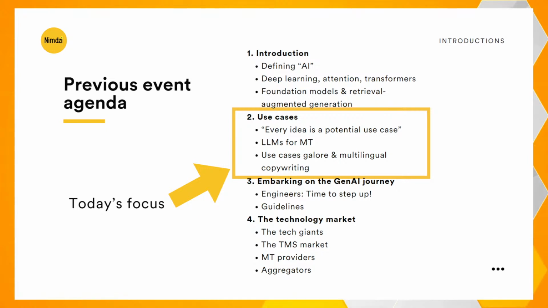We closed the session by providing an overview of what the technology market is doing. We started with the tech giants, Amazon, Google, Microsoft, because they obviously have a strong position again, and they enable us to do a lot of interesting things and deploy models and train models and whatnot. We talked about the TMS market. We talked about the MT providers, a very delicate market right now because the core of their business, automated translation, is being